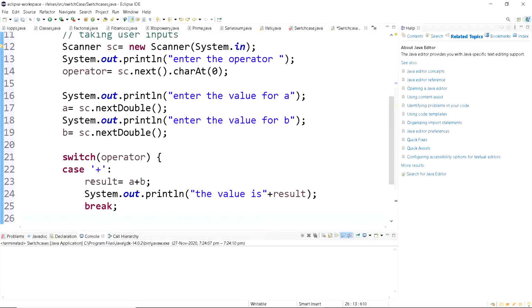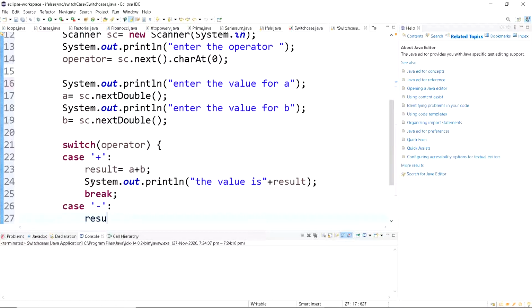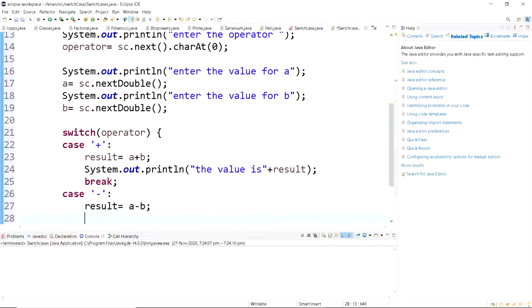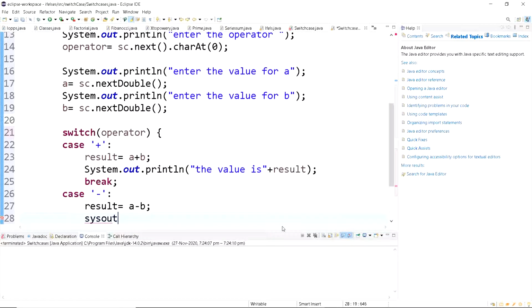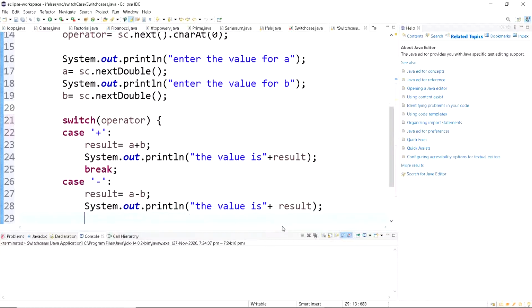We have to create four such cases. So case minus: result equals A minus B. The value is, we could actually write the result is, so we're writing the value is result, then break.